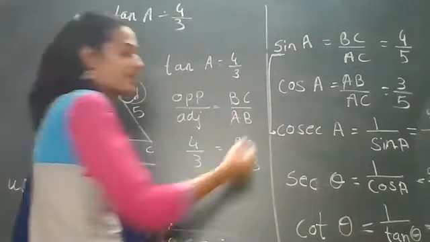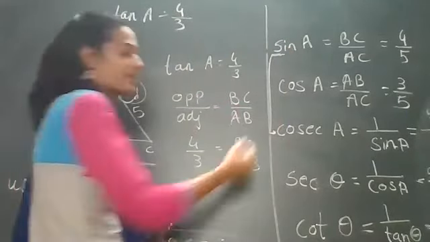Now you know about the adjacent and the opposite sides, so we are not writing the opposite and adjacent each time. In triangle ABC, B is the right angle. AB is equal to 24 and BC is equal to 7. So first we have to find out the hypotenuse, that is AC, right? Then we will go ahead.